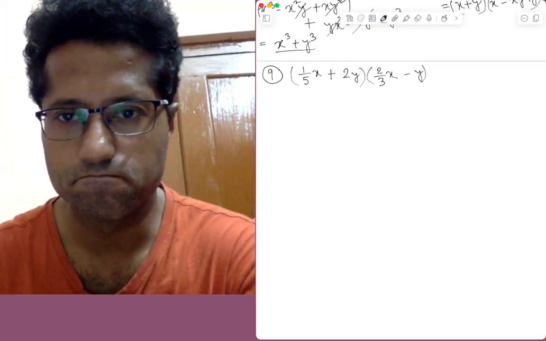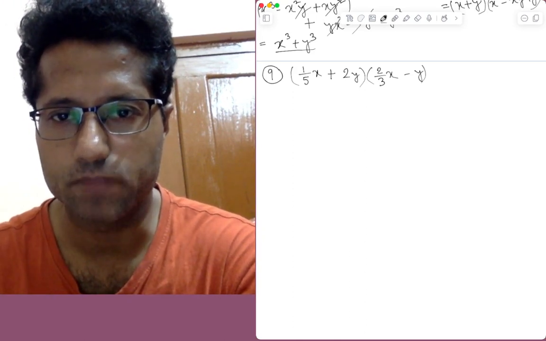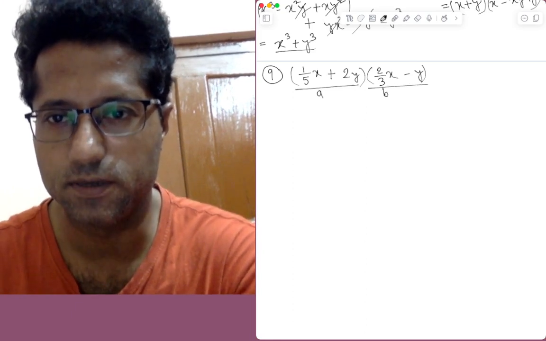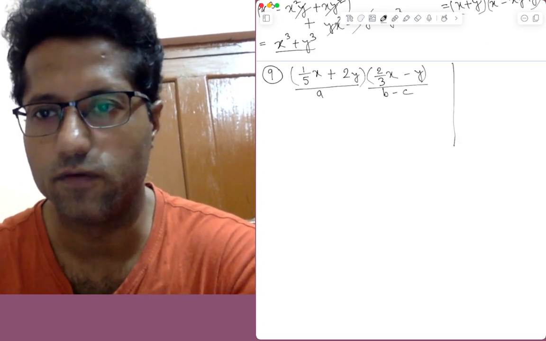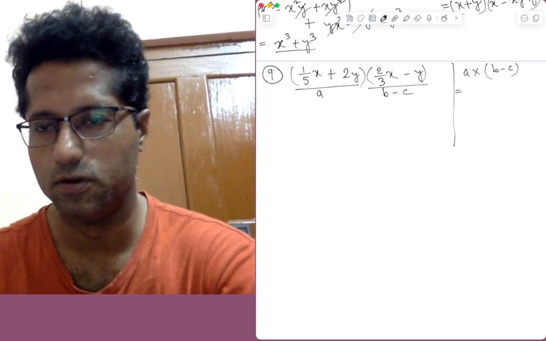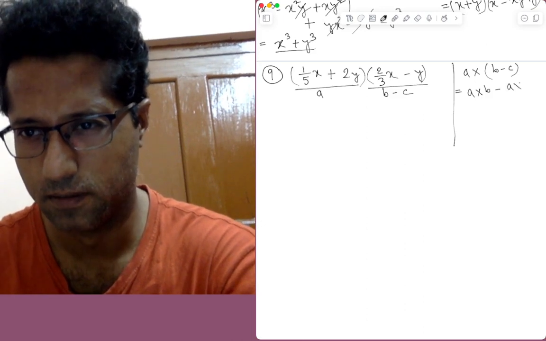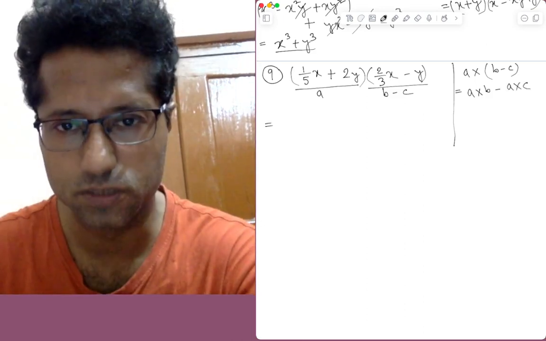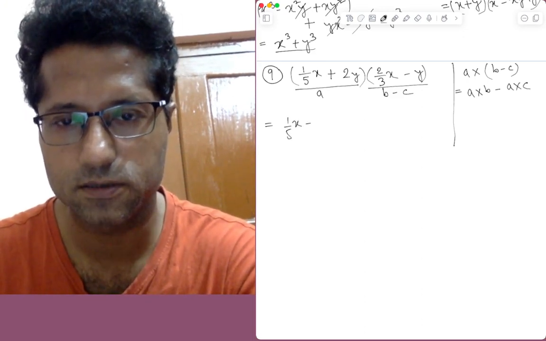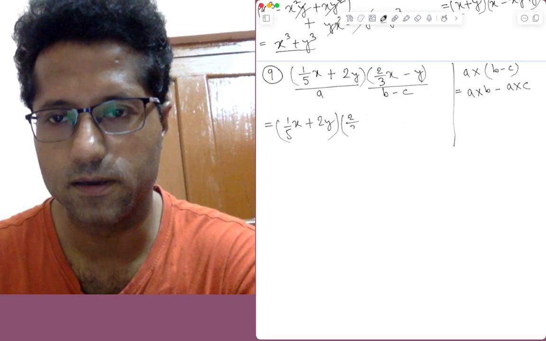So I am considering this as A, and I am considering this as B minus C. So it is of the form A multiplied by B minus C. After distributing the multiplication over subtraction, this becomes A multiplied by B minus A multiplied by C. So A multiplied by B is 1 by 5x plus 2y multiplied by B, which is 2 by 3x,